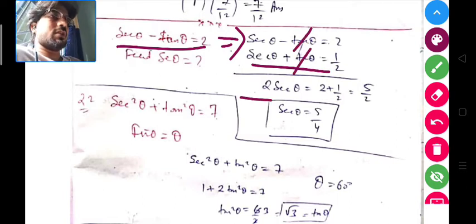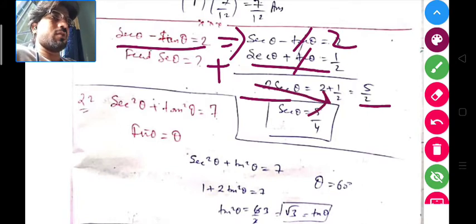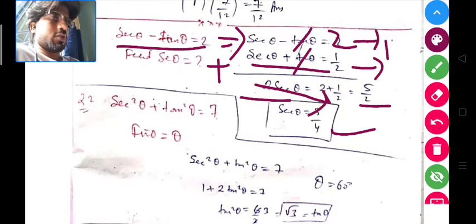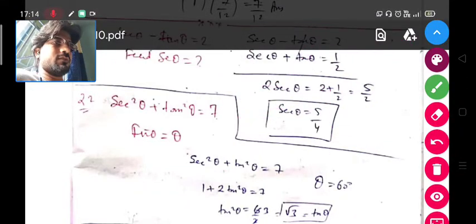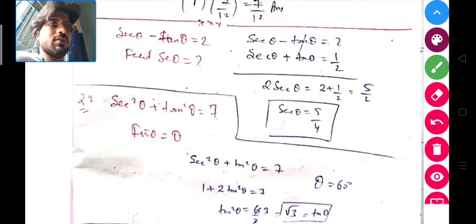You get 2 sec theta as 2 plus 1 by 2, this is 2. Adding both of them, you get 5 by 2, and this 2 will come downwards and it will become 5 by 4. So by equating and solving these two equations, you can find the answer. The answer is 5 by 4. Similarly, we have